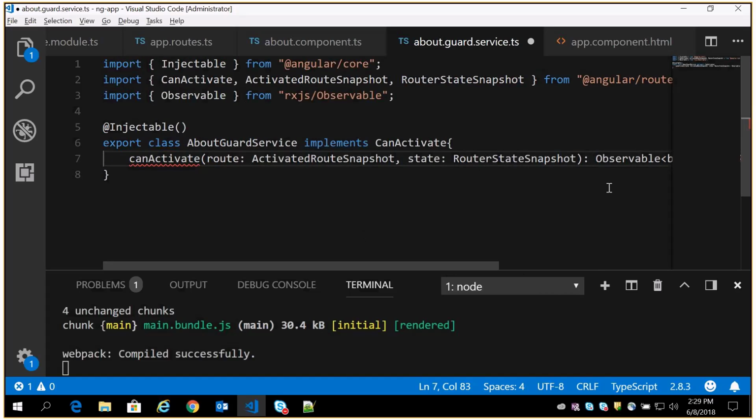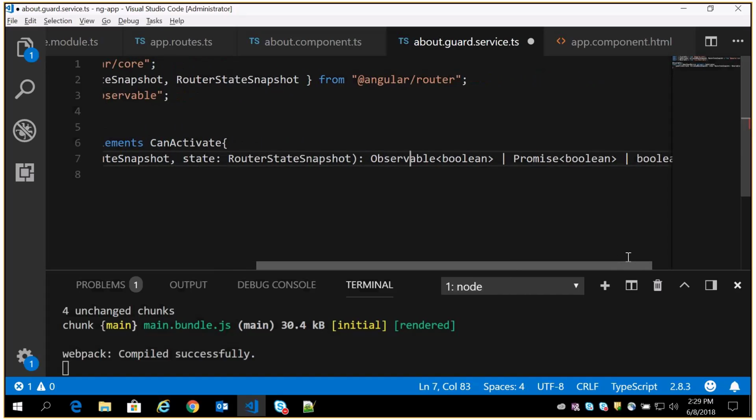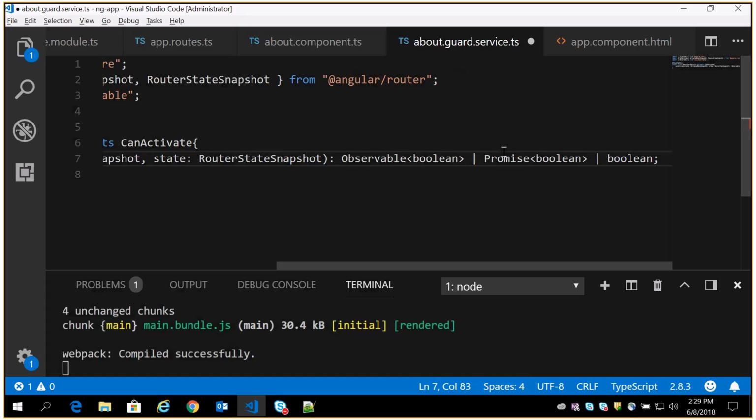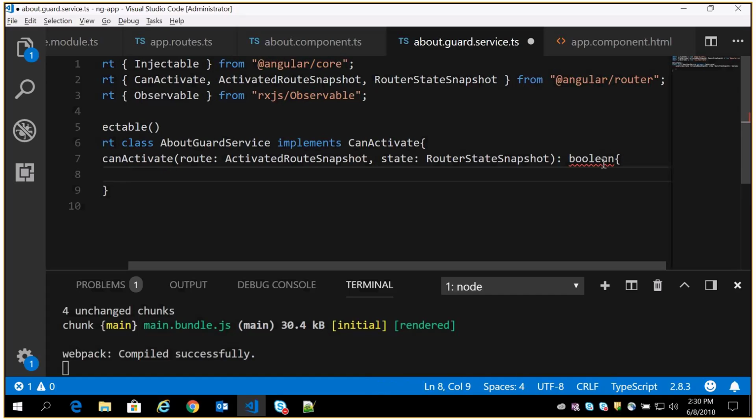Okay, so this method can return an Observable of boolean, or a Promise of boolean, or boolean. So anything you can do. I'm just going with the basic stuff called boolean. So this function is going to return a boolean. If this function returns true, it can activate.